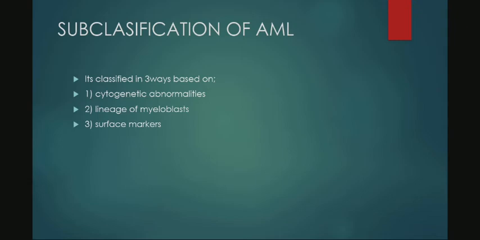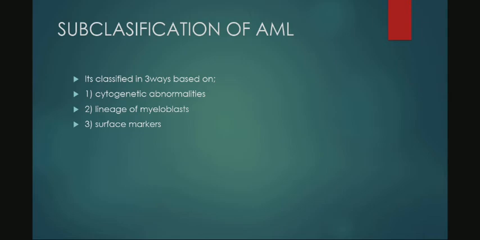Remember when I said from the myeloid lineage, where we have the myeloid stem cell, we can have the erythroblast, the monoblast, the megakaryoblast, and the myeloblast. So now when you subclassify AML based on the lineage of the myeloblast that is involved, this means